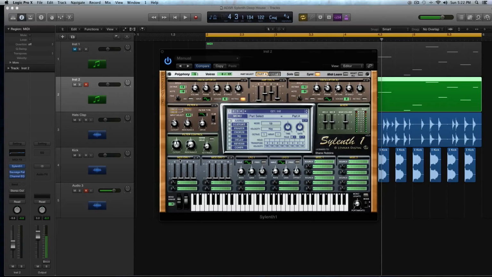So now I'm going to go down to this master filter control. This is going to kill a little bit of the sound, but we'll bring it back with our modulation envelopes. I'm going to turn the big cutoff knob to 3.13, if it would let me get there, and it's not, so I'm just going to stop at 3.62. And then I'm going to turn the resonance up just a little on that as well, maybe just a little bit under 1. So a lot of the sound is gone right now,